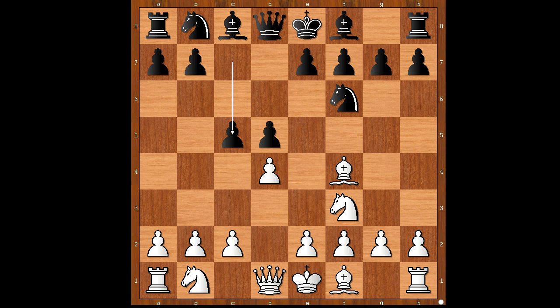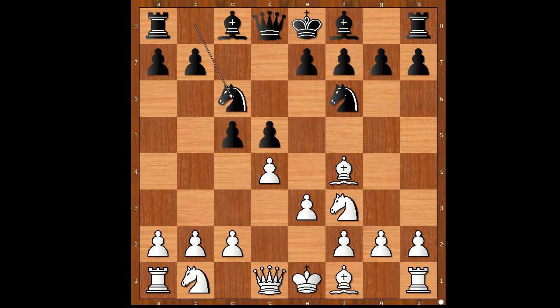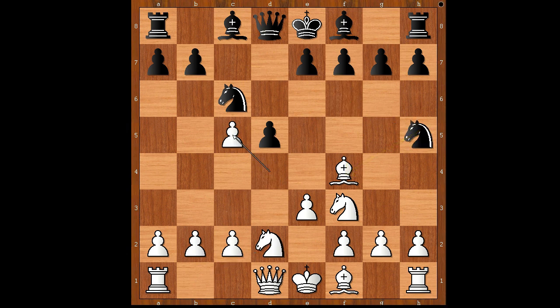c5, very popular move. e3, knight to c6. If queen to b6, then white may play knight to c3. Back to our game. We have knight to c6, knight from b to d2, knight to h5, d takes on c5, knight takes bishop on f4, pawn takes knight, a5, queen to a5 and g6 are the two most played